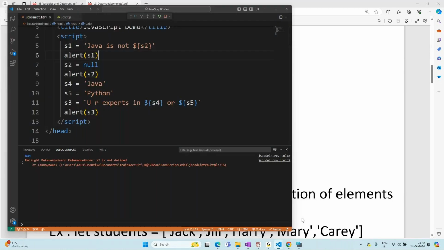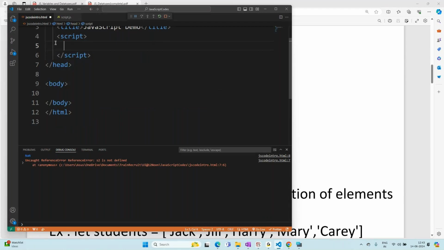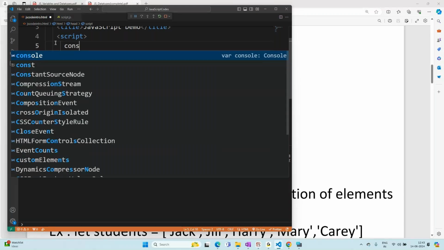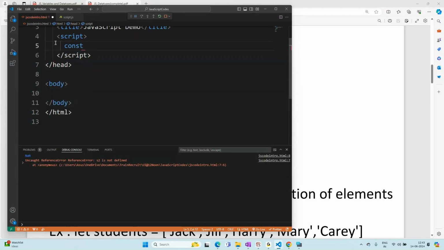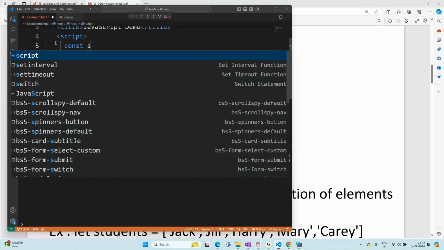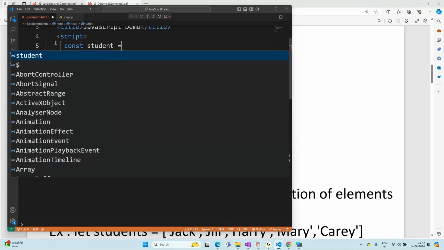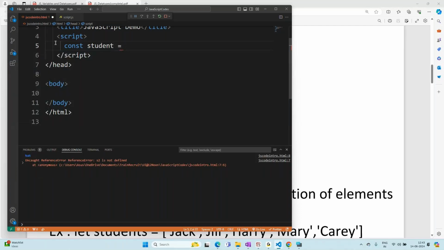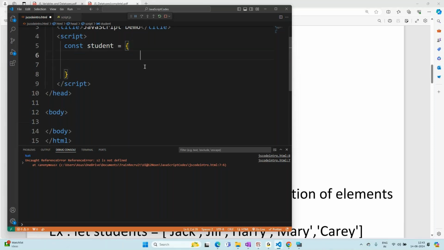Now let me create an object. Can I use this? I cannot use this. We can use it, but what happens when I use it? You can't change it. Okay. Now let me create student. So student ID is 1, and name is